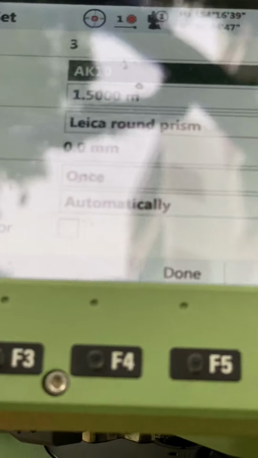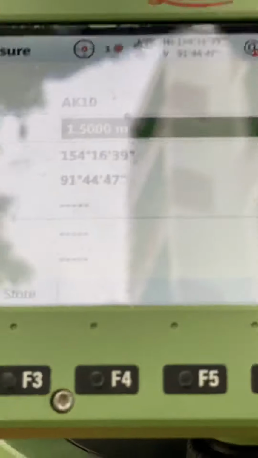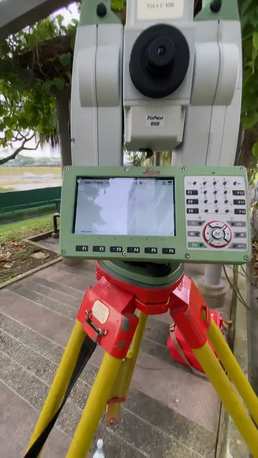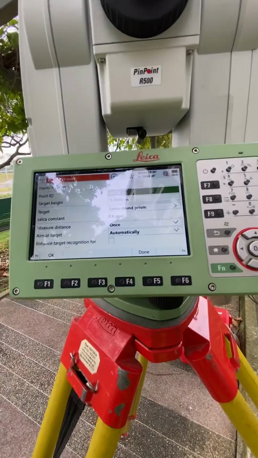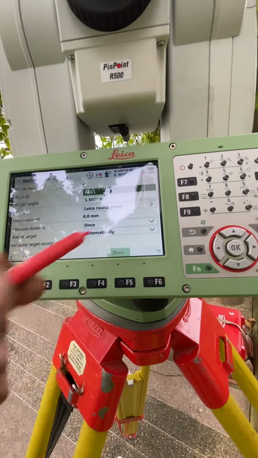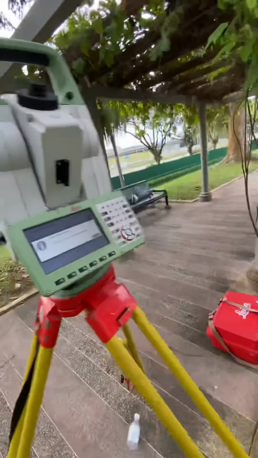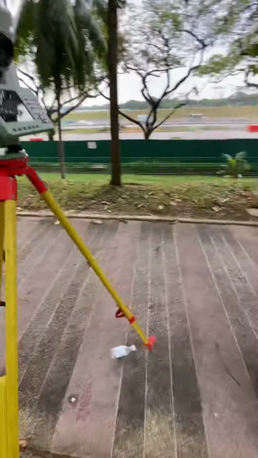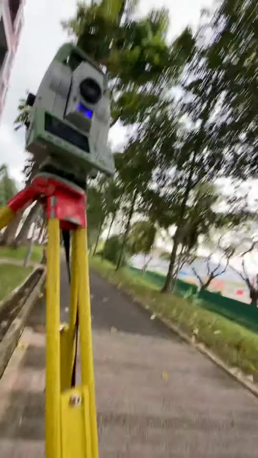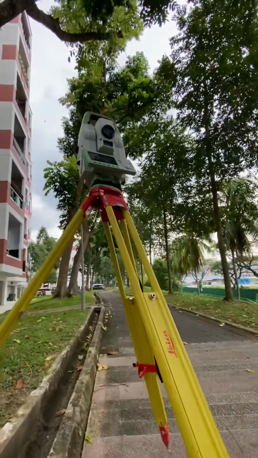Remember, this is point name AK10. Point name must change. So I give okay, then I measure. This is my number 4 point measure. So 4 points finish ready. So I give done. Then automatically one time shoot.